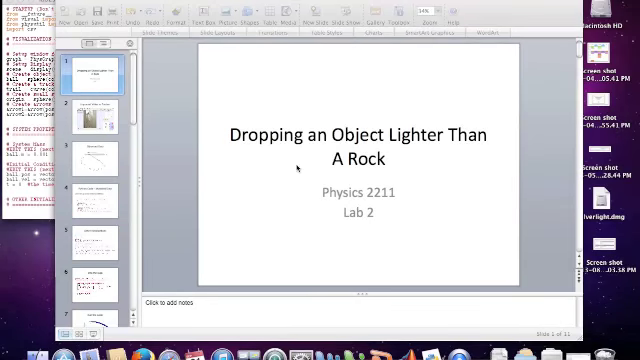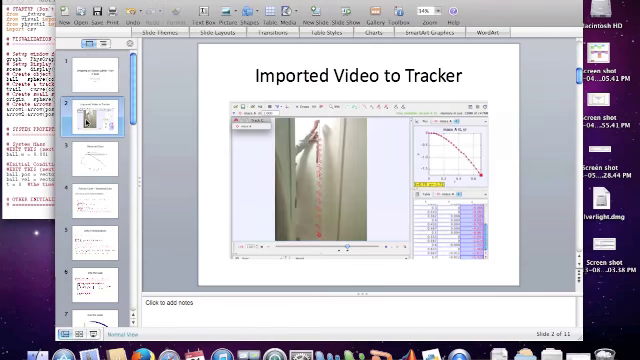Rachel Blackstone, and this is my Lab 2 report for Physics 2211, which encounters dropping an object lighter than a rock. This will show non-constant velocity, which will mean that the net forces acting upon this object will not equal 0. I began by videotaping a dollar bill being dropped from about the height of 2 meters and imported this